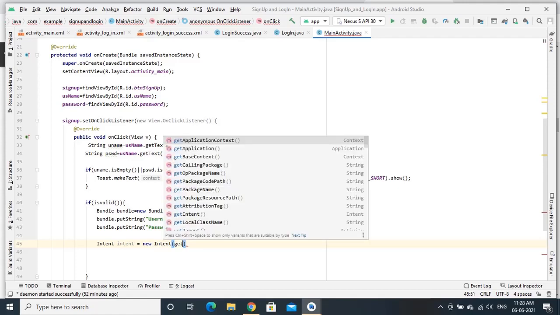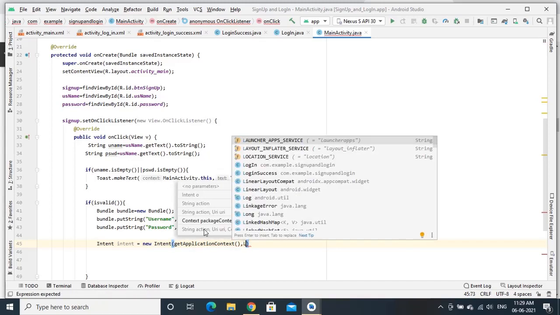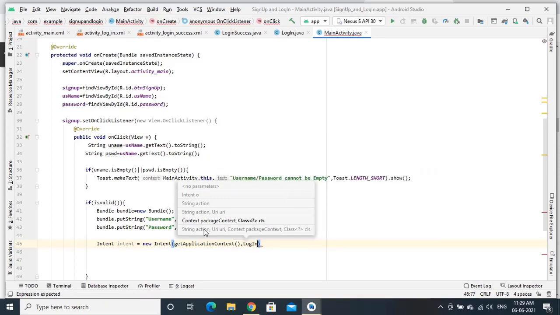So here I am passing get application context so that I can get the context of this entire application. And the last one is to which activity I need to pass the data. So in this case I need to call the activity which is nothing but login activity. So I need to pass that class name. Here in our case the class is login dot class.